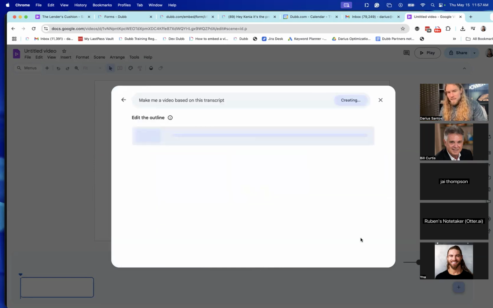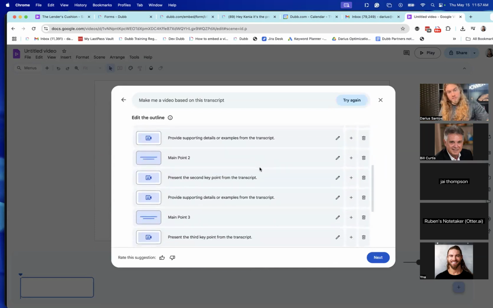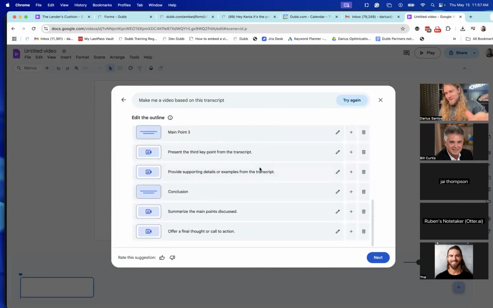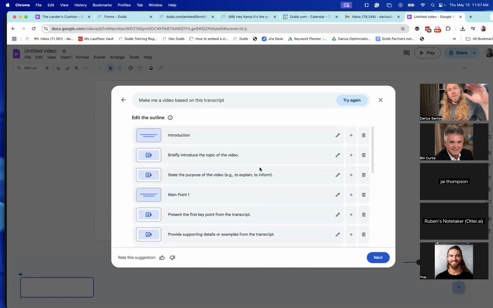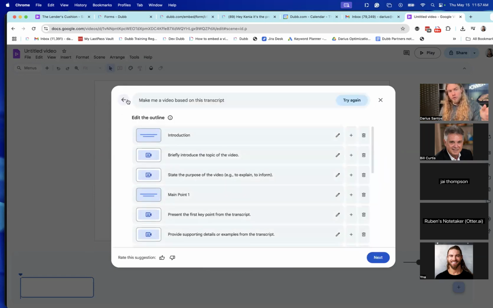We clicked next, and then we selected, like it did this, right? I'm going to show you guys what this comes out to in a second. I obviously didn't give it anything useful here, but it does this. And then the last thing is you're going to select a theme. It's literally this easy to create what I'm about to show you.